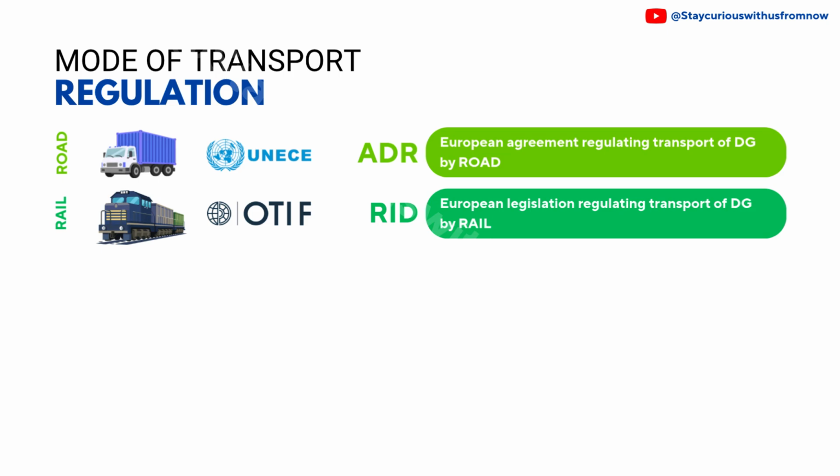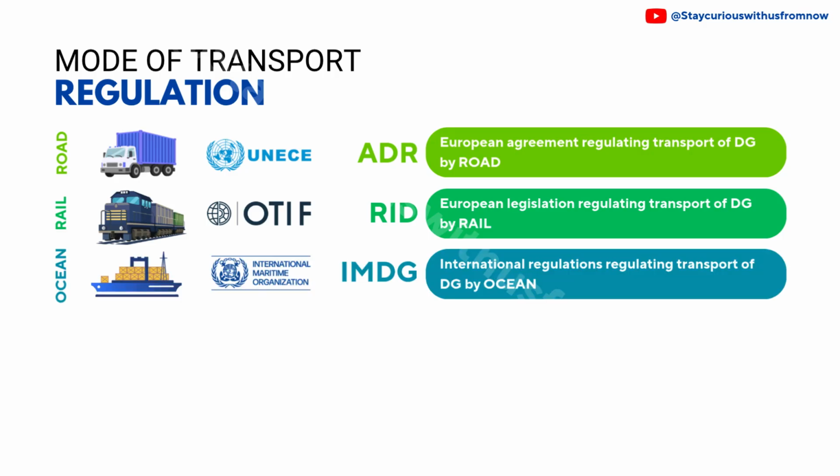For rail transport, we have the RID, developed under the Intergovernmental Organization for International Carriage by Rail, known as OTIF. RID aligns closely with ADR, ensuring that trains carrying hazardous materials follow the same safety principles as road transport. When it comes to ocean transport, the IMDG code, short for International Maritime Dangerous Goods Code, is the global standard. It's maintained by the International Maritime Organization, and it governs how dangerous goods are shipped by sea, including containerized cargo